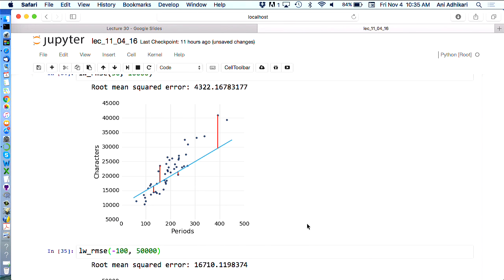What's the best line? You're all saying regression line. I didn't tell you that. What is the best line under this criterion? The one with the smallest root mean squared error. Does such a thing exist? Who knows? Maybe there are 20 lines that have equal root mean square error. We don't know that. But we're going to mess around.